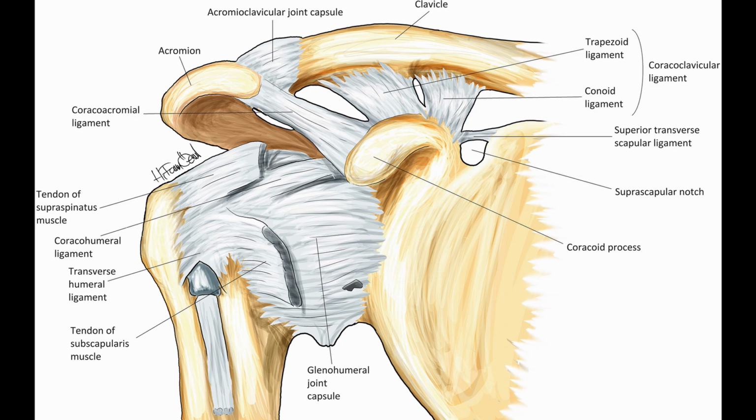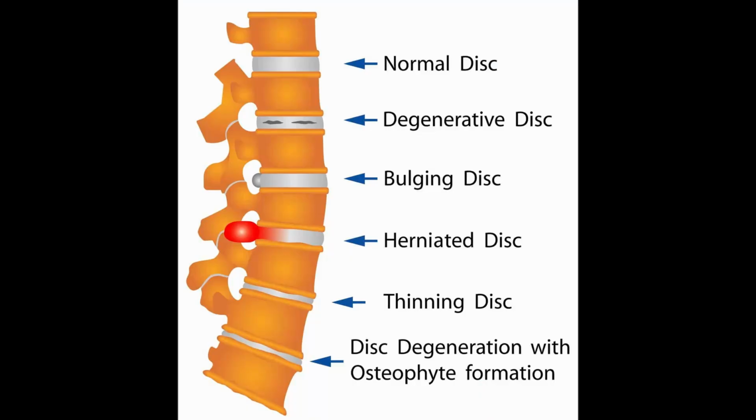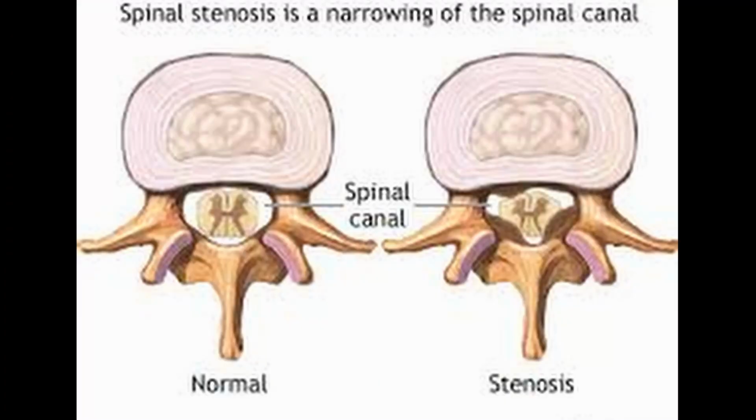Some other more esoteric problems and issues that can be associated with scapular pain: you could have a degenerative disc or bulging disc at the site of the thoracic spine, so in the middle of the back, where you can have a nerve being potentially compressed that causes a pinch. You can have pain due to scoliosis, meaning an angle that's present in the thoracic region. You can have spinal stenosis, which is a narrowing, more traditionally of the central canal, that can cause pain. And you can also have referred pain from both the thoracic facets and cervical facets.